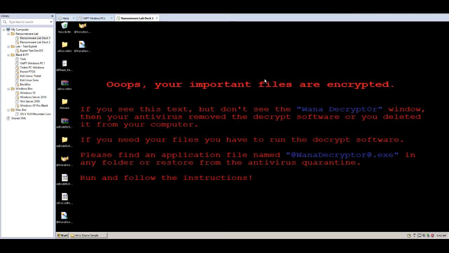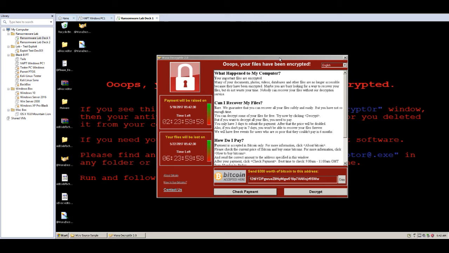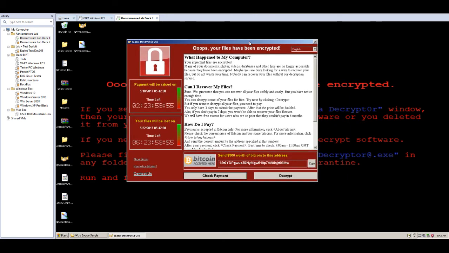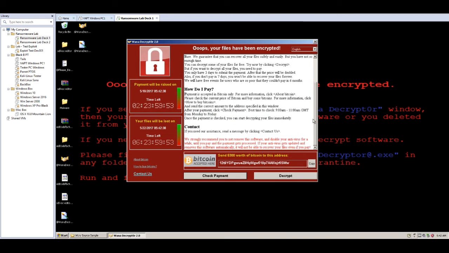So that's exactly what controls the complete ransomware, the ransom transactions and so on, and that is what is on the screen now. So this is the screen which pops up. We have the time left and so on, and you have the bitcoins which you need to pay. The bitcoin amount is almost $300 worth of bitcoin that you have to pay to decrypt your files,